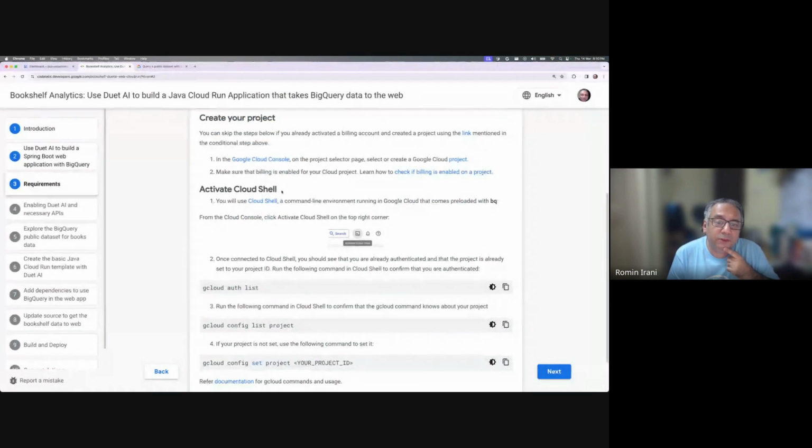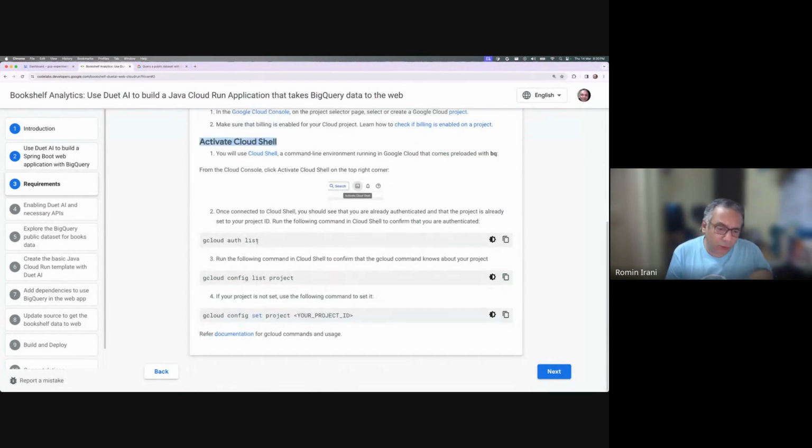So what do we have first? Obviously we're going to be moving to the Cloud Shell and the editor that's out there. So follow these instructions to make sure that you are in the right project. That's important. So if I go to my